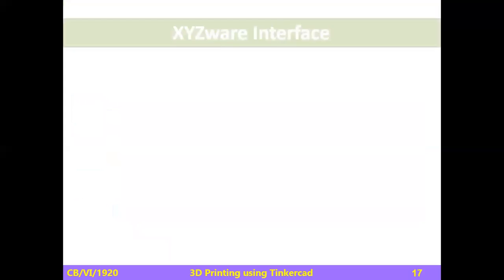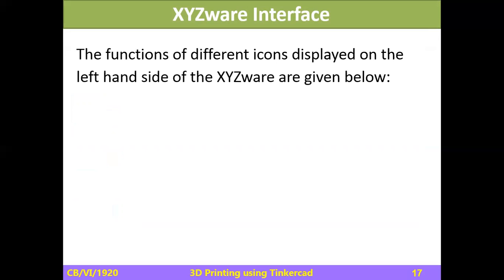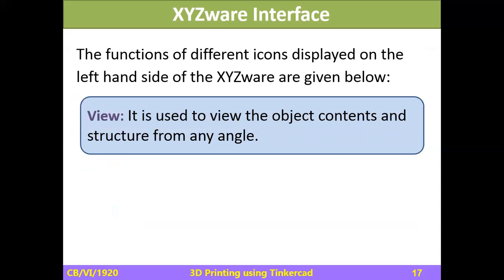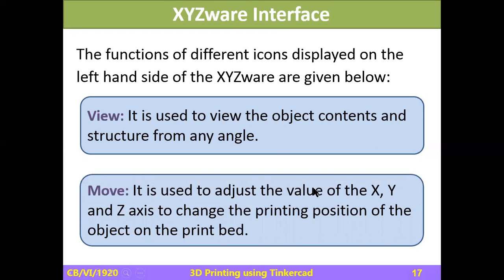So let's learn what XYZware is. If you are downloading XYZware, then you should be aware of what it is. First, the functions of the different icons displayed on the left-hand side of XYZware are given below. First is View. It is used to view the object contents and structure from any angle. जैसे हमारा टिंकर कैड में था व्यू, हमारा जैसे कि था टॉप व्यू, लेफ्ट व्यू, राइट व्यू, बॉटम व्यू, लाइक दैट. Second is Move. It is used to adjust the value of the X, Y, Z axis to change the printing position of the object